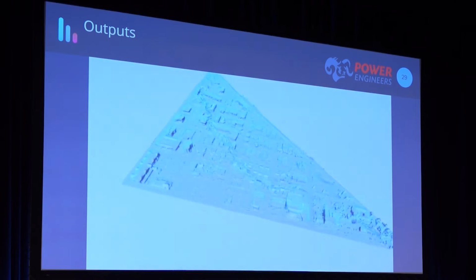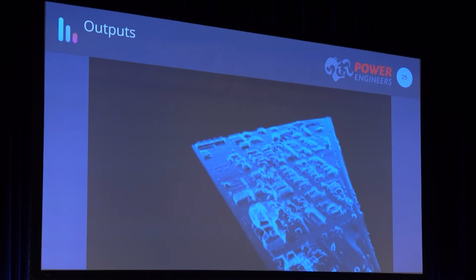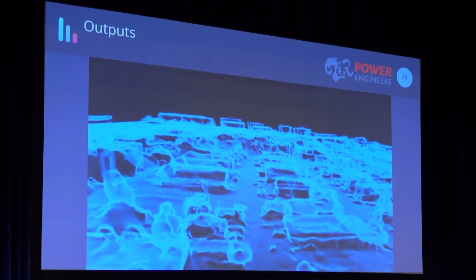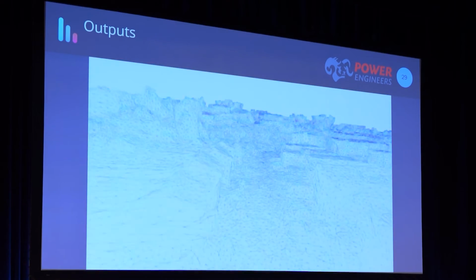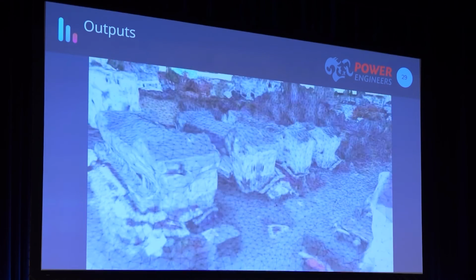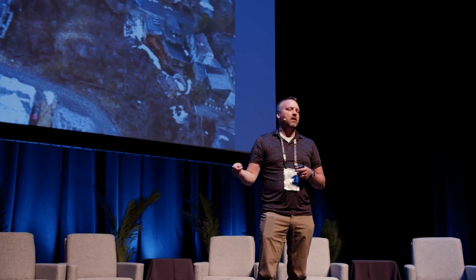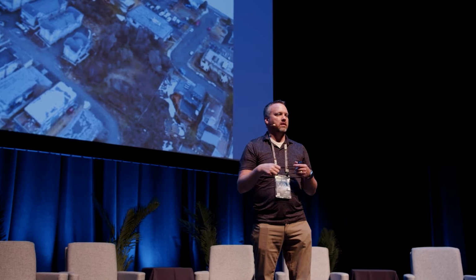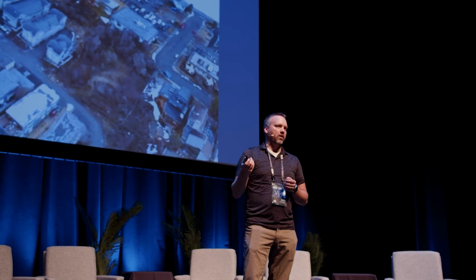Those outputs can be defined depending on their purpose. It's important for us to understand the business case, so we define our outputs to correlate with our capture methods as well. This could be mesh models for certain different types of analysis, point clouds, FBX files, DWG files, any range of outputs, but defining those outputs and how they're going to fit into our ecosystem of products is important for us in the processing. We should be standardizing our processing methods to get the outputs we need with the data that we need in order to support our business processes. So standardization of these is really critical to have functional data from reality capture.